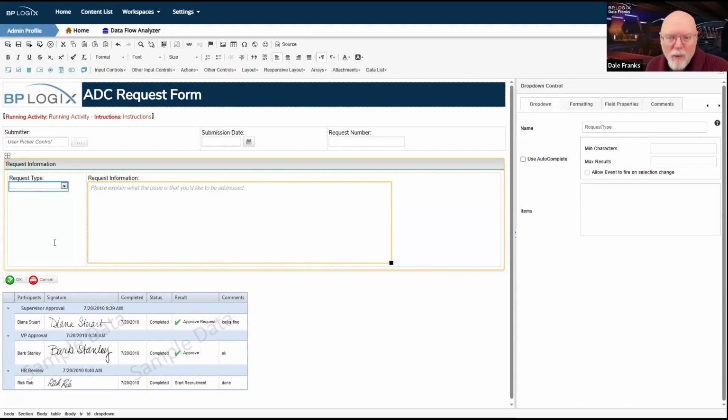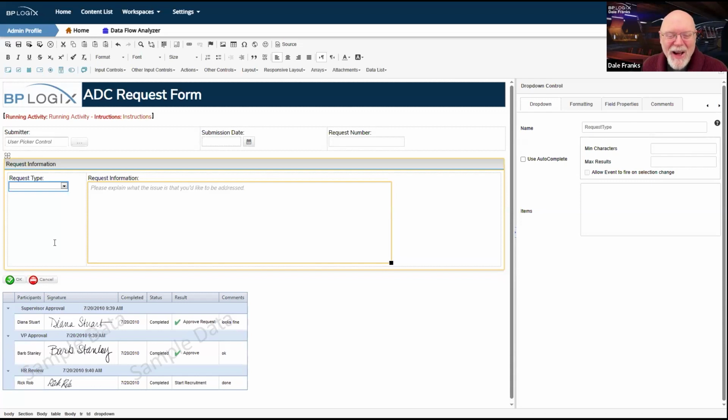Normally, what we would do is use a drop-down list or a drop-down object, rather, to fill the items in this list. But this is one of those weird edge cases. I usually make a drop-down object, which, by the way, make no mistake, that's what we are going to do.